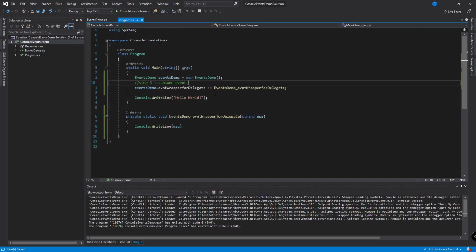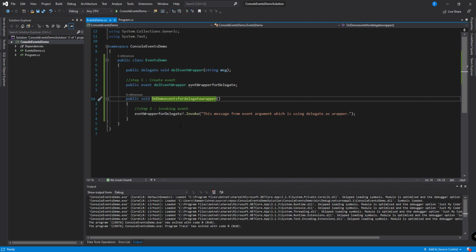Then we consume that event and we give the definition. So event is a wrapper around a delegate. We have this delegate, so this delegate is a wrapper around this event. So basically it is an extended version of our delegates.